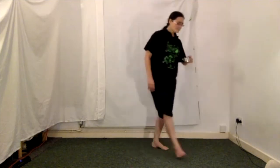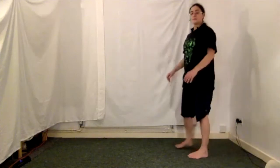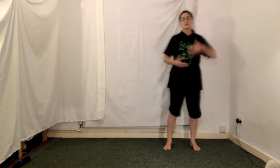I won't be doing anything above head height, at least not until I've moved the laptop higher up. So what we're going to do is have a look at the two-part walking pattern, but nice and slow. The good thing about slow movements is the slower you move, the more you can focus on your correct alignment. It's actually harder, I find, to monitor your vertical alignment if you're going quick. So it's usually best to build things up slowly, and once you've got it, gradually speed it up